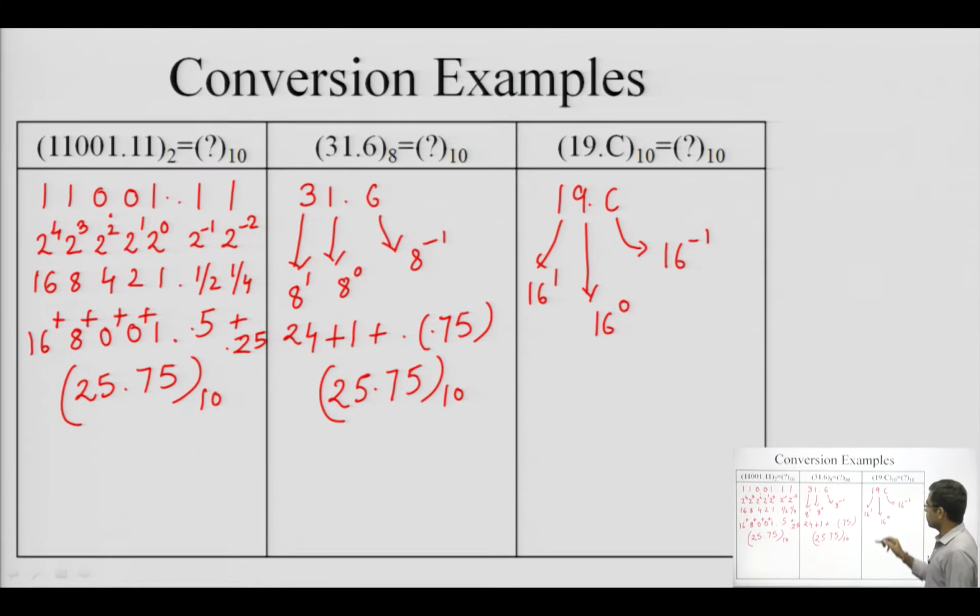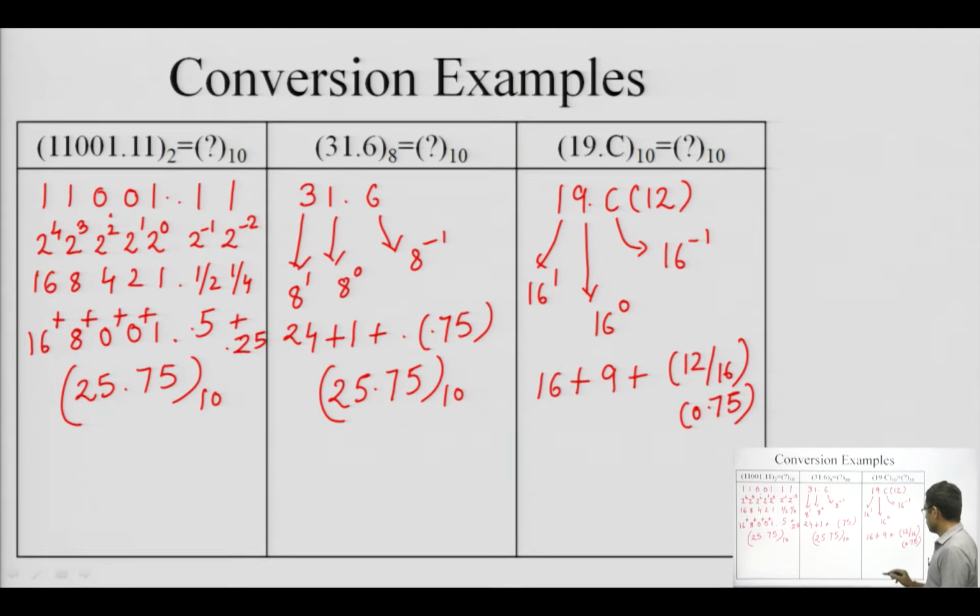So, 16 raised to power 1 into 1 becomes 16, plus 16 raised to power 0 into 9 becomes 9, and this C is actually equivalent to 12. So, 12 by 16, which is equivalent to 0.75. So, if I add all these, 16 plus 9 plus 0.75, this becomes